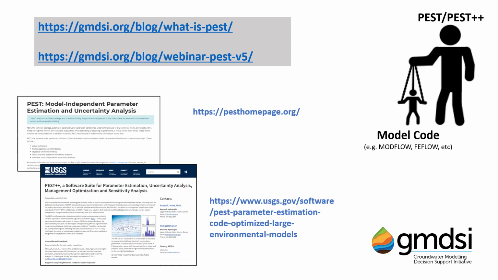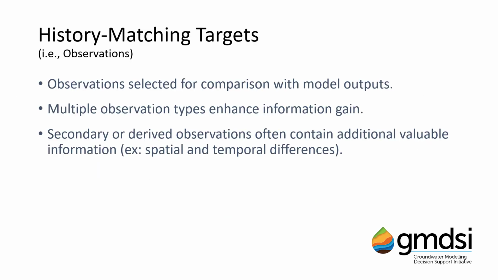Okay, so now back to the basics of history matching. In most cases, although perhaps not always, we will have observations for the site which we are modeling. These observations provide us some information on the disposition of pressure, flow, mass, and so on within our groundwater system. Most commonly, perhaps, are groundwater levels or heads measured from boreholes, and perhaps measurements of flow at points along a river or stream, which might inform us about the interaction between surface and groundwater.